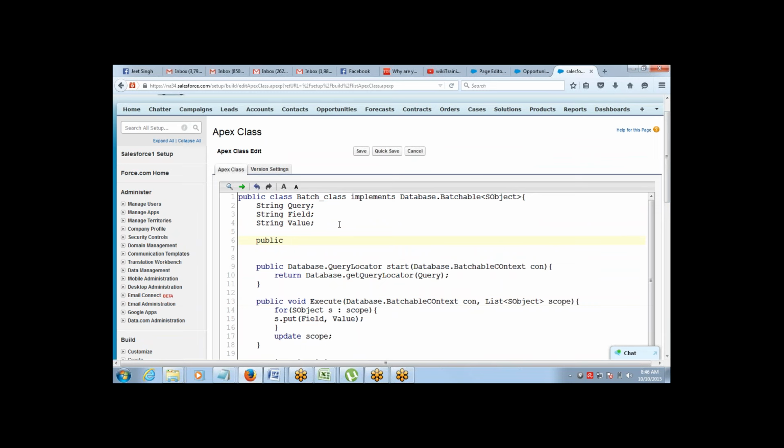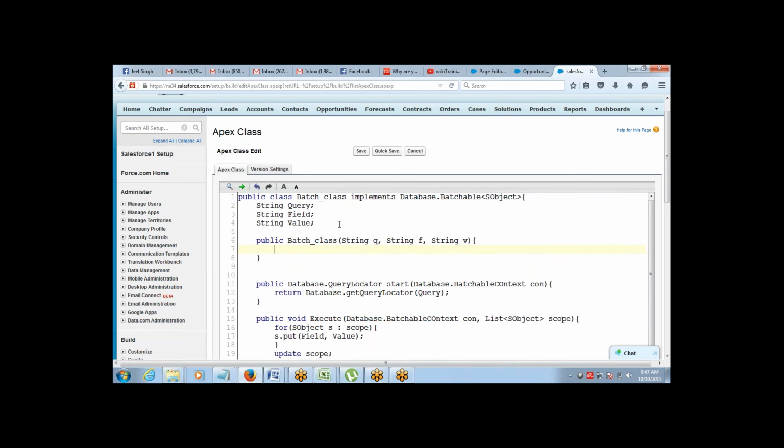public BatchClass(String q, String f, String v), and then we can say query = q, field = f, and value = v.